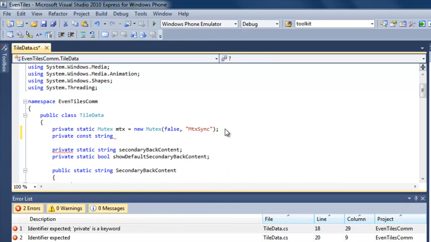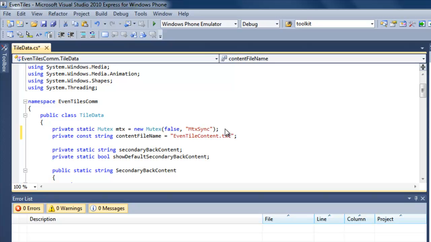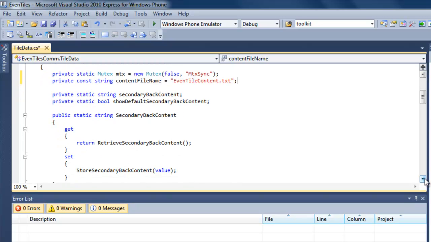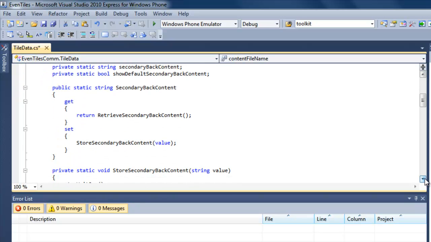So what we're going to do now is modify our tile data class. The first thing we are doing right now is add a constant string containing a file name, and we're going to use that file name to create a file in isolated storage. The application can write to that file and the periodic task can both write and read from that file, and in that way we're going to try and pass data between the application and its periodic task, so we have the possibility to show information on a